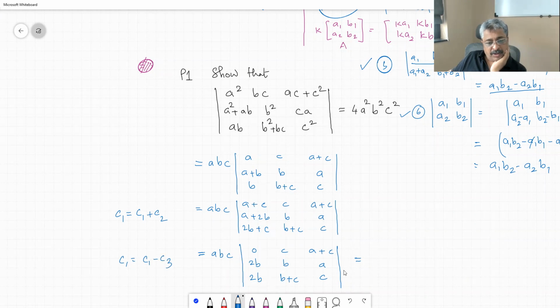Now you have this common, so you can take out 2B common, 2B into ABC, or you can subtract. Instead of doing that, you subtract, then you end up getting 2 zeros, and 2 zeros is always a good condition. So 0, C, A plus... you can say this is 0. That means you are subtracting third row from second, so this is minus C, and this is A minus C. You cannot simultaneously change all the rows or all the columns. That you have to follow.